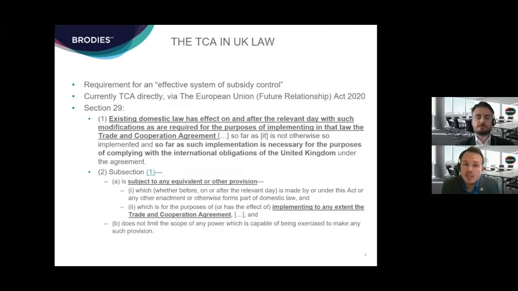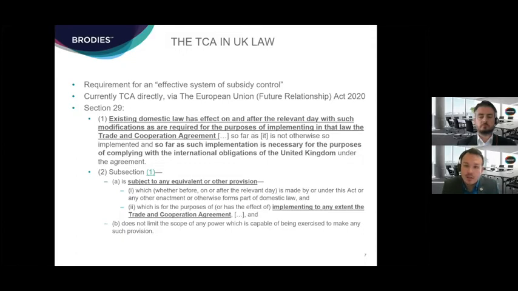So how does the TCA apply in UK law? Well, it imposes a requirement on the UK to have an effective system of subsidy control, a requirement on the EU as well. So the EU implements that in its state aid regime, and in the UK, pending any more specific regime, it's through the TCA provisions being given direct effect in the UK under the EU Future Relationship Act 2020. So we've just quoted the relevant parts of that there, section 29, which says that all existing domestic law has effect on and after this coming into force, as it requires to be modified for the purposes of implementing the Trade and Cooperation Agreement to the extent that it is necessary to do so to give effect to the